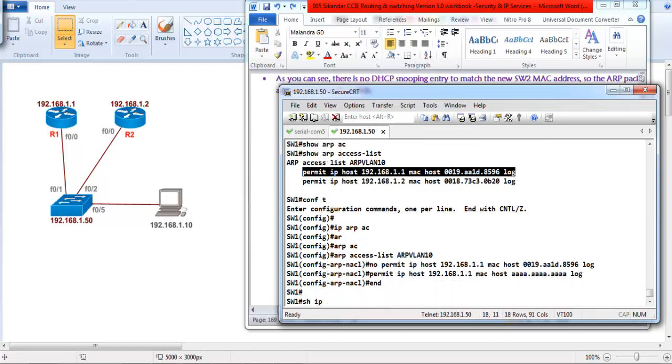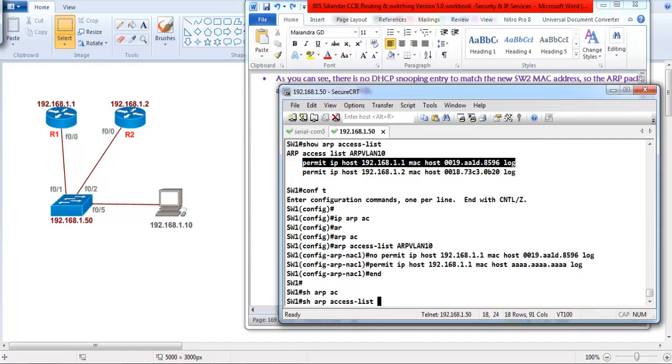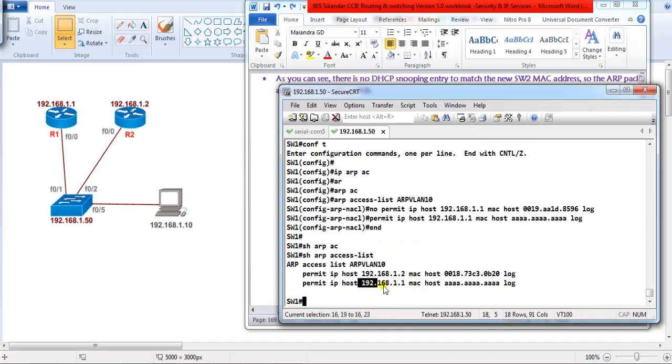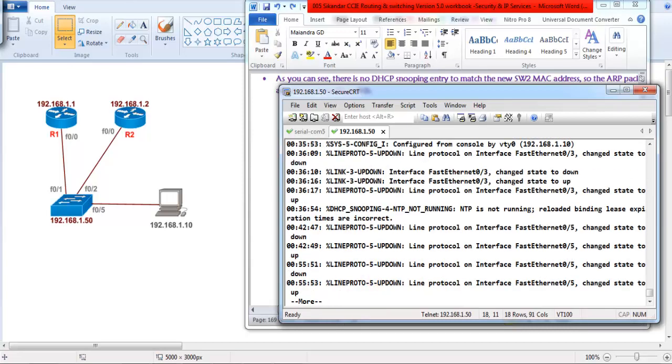Now, if you verify show ARP access-list, I can verify that the traffic coming from 1.1 has to match with this MAC address. And if you verify with show logs, I can see the log information here.